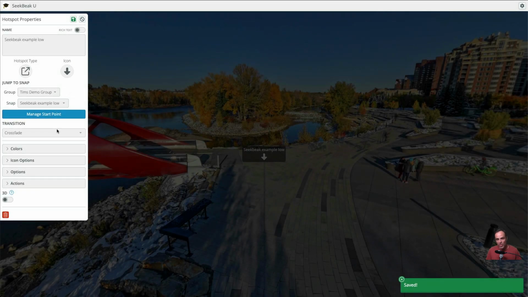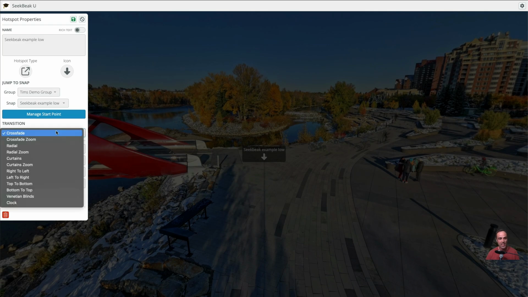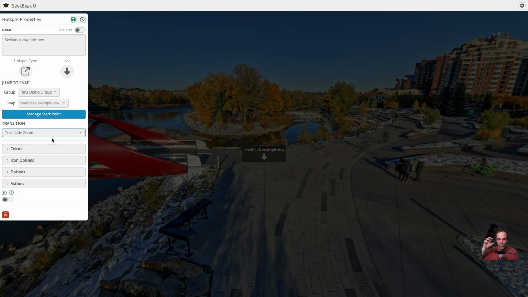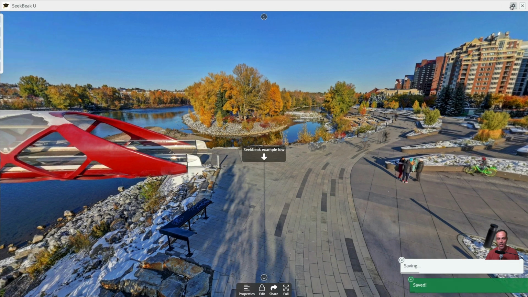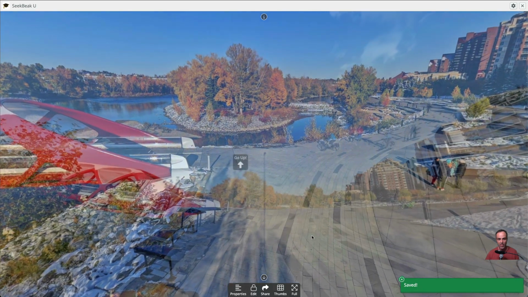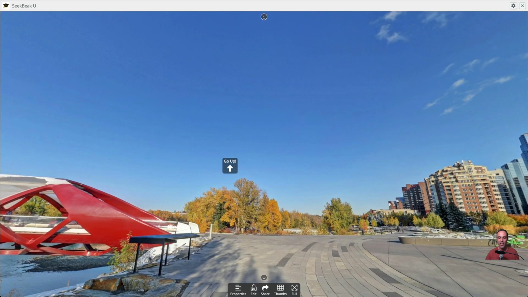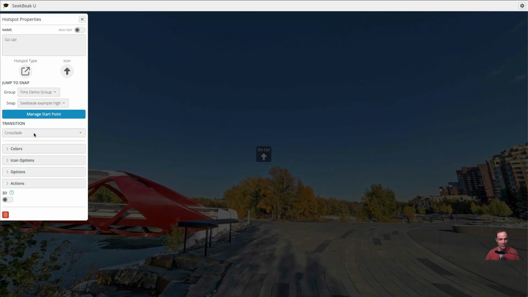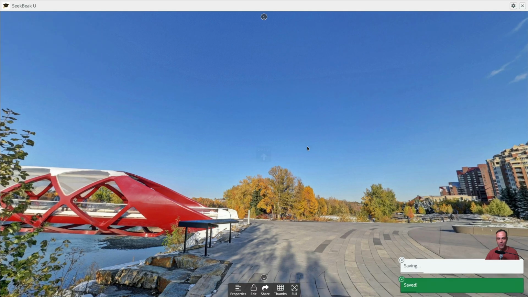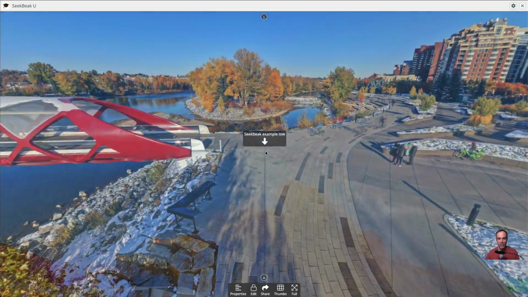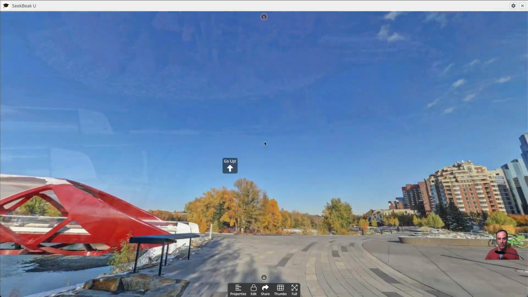Now, transition, we have a whole bunch of built-in transitions as well as a transition designer where you can make your own, which I will show shortly. For now, let's do a zoom. Okay, so we'll have the crossfade, except we'll kind of zoom into it a little bit. So we can do that, save that, and now hold on to your hats as we zoom into it. I love that, actually. Let's change this one as well. We're going to change this to a crossfade zoom. We'll save that. Okay, so now we have the ability to zoom up and to zoom low,